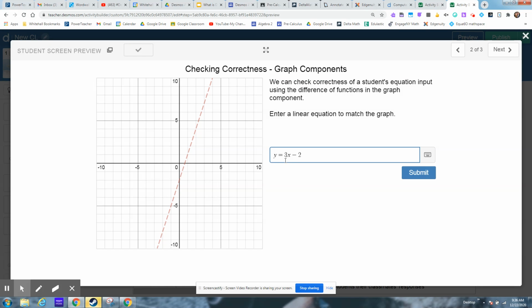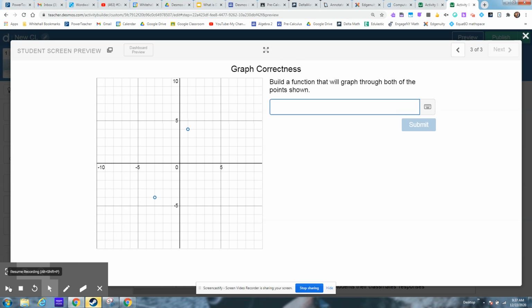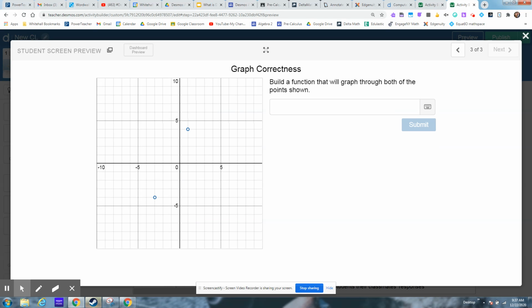As soon as the student types in y equals 3x minus 2, the teacher dashboard shows a check, and then the rest of the graph interaction occurs as designed. So that's one way that we can use a graph component to check for correctness. Now, if you're interested in adding a few bells and whistles and maybe spicing this up from the student perspective